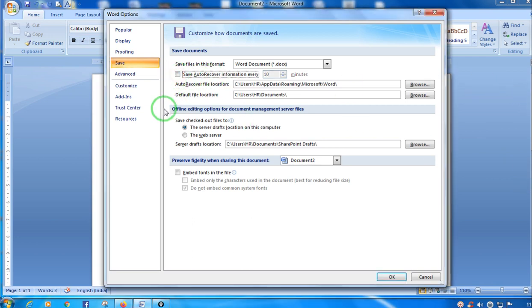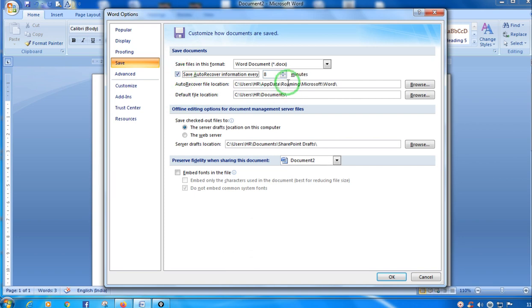If you deselect it, then it will not automatically recover the work that you're working on. So you have to save it manually. So if you don't want to save your document manually, just select this option, auto recover information. It's better you select this option, because sometimes you are in a hurry and you have left the system like that only, and someone comes at your system and switches it off without saving your document, he closes your application. In that case, whatever work you have done will be of no use, it will be erased.